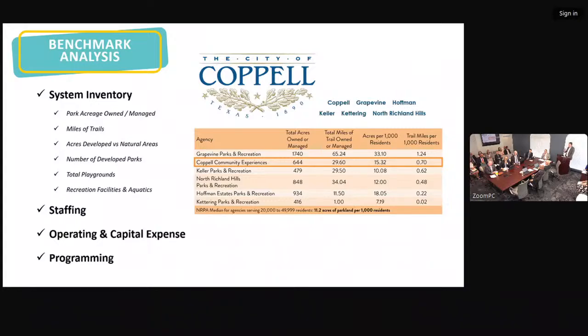But we're basically taking a benchmarking analysis to see where the Coppell system matches up with other like communities. So we look at that as it relates to system inventory elements, as well as staffing, operating and capital expense, as well as recreation and programming. Within the report, you'll see multiple charts like this one that summarize those results as well.